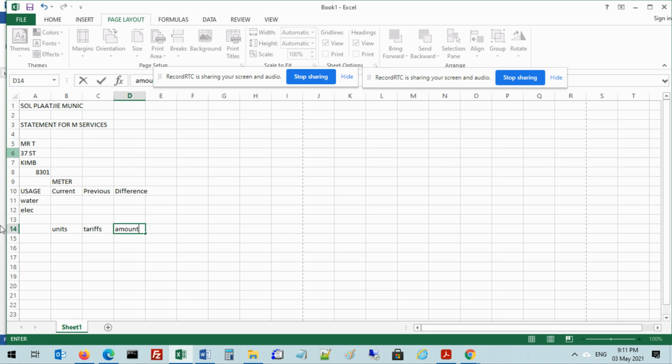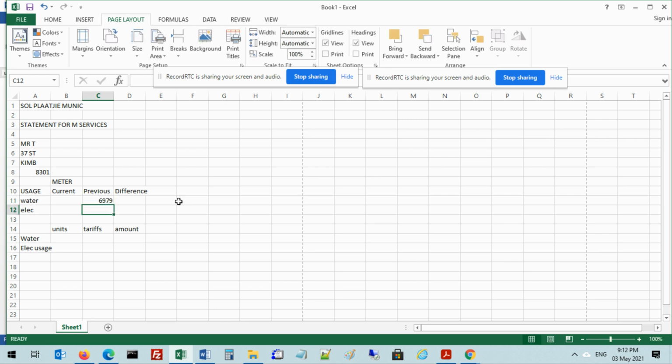Okay, like I said, I'm not doing it as well as I should. That is the water usage, and that is the electricity usage. Okay, then I'm quickly going to put in the amount. The amount is going to be 6, and it must be in currency, and that's going to be 0,80. Okay, so you actually shouldn't type that into currency. Okay, let's just first see if they give us any other